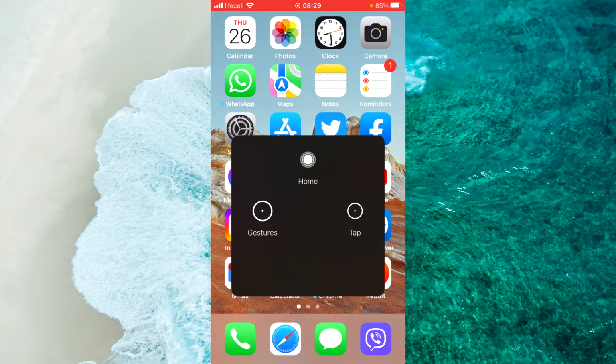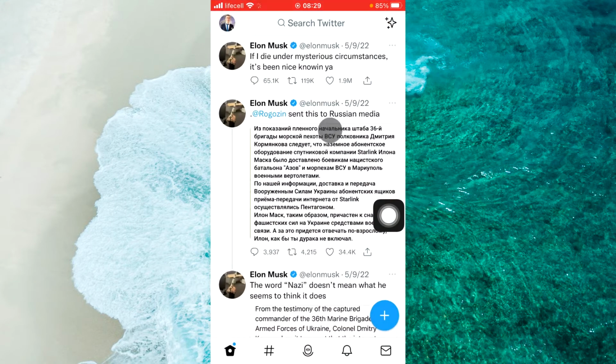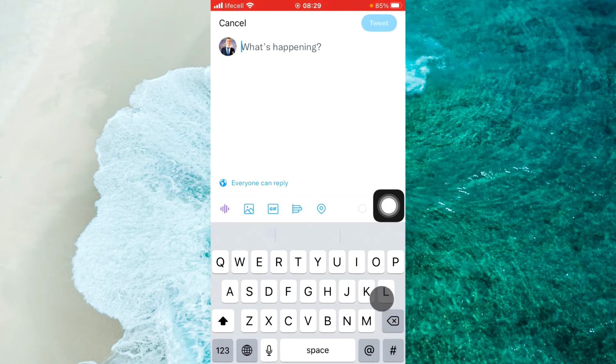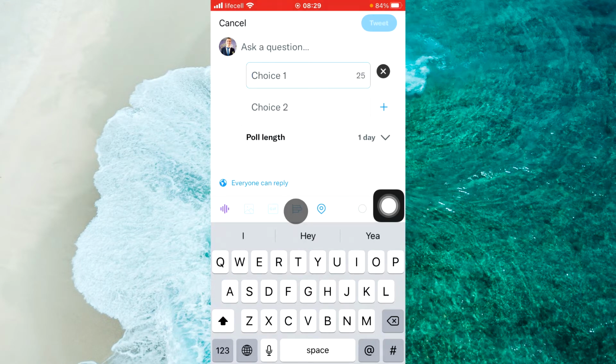So let's get started. Open up Twitter, then tap on the plus button to create a new tweet. Here, as you can see on the keyboard, you will see this little icon. Just tap on this little icon, and here you should enter a question, for example, test,